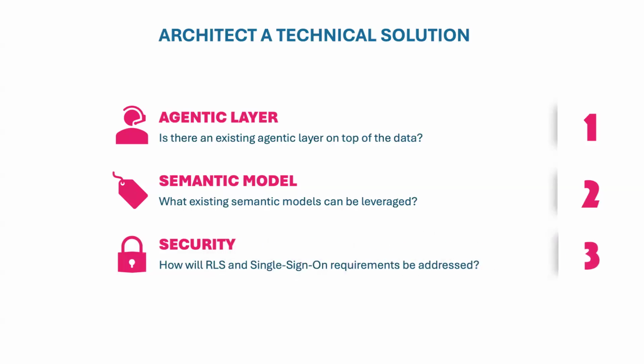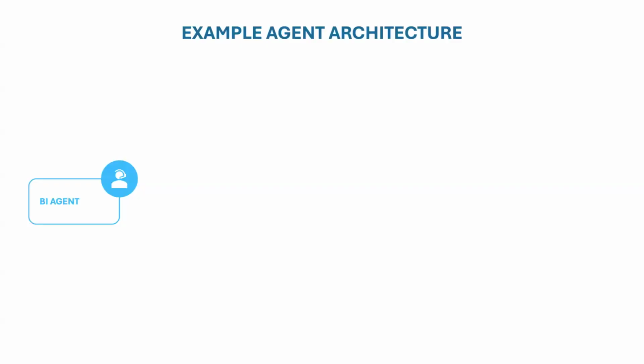And then finally, is this underlying infrastructure, the agentic layer that might already be there, the semantic model that's there, or if you can build an agentic layer, which you have, will this support the RLS and single sign-on requirements that your users are going to need to be successful? Right? So this is kind of a checklist there. And so to look at an example,